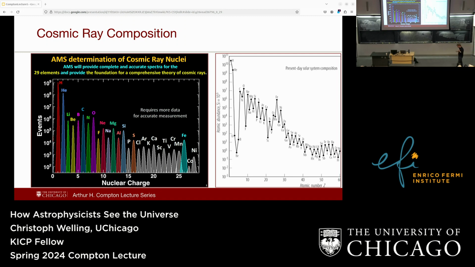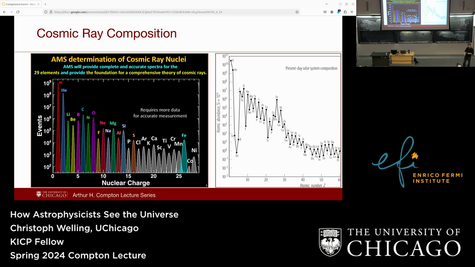And what we think is happening here is that you actually have heavier cosmic rays, and then while they're propagating, they're crashing into something, and that's going to tear this nucleus apart, and then you get, for example, lithium. And it's actually believed that a lot of the lithium we have on Earth actually came from these cosmic rays, from this spallation. But overall, it looks pretty similar to just the overall composition of the solar system. Now, this is at relatively low energies.